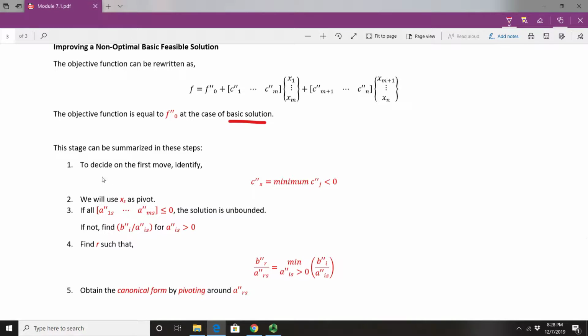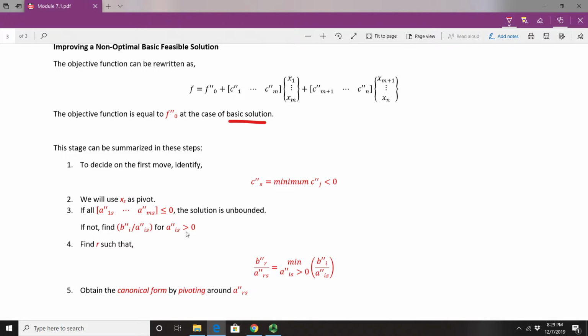So what I would do, to decide the first move, is identify the c double prime that is the minimum of all the c's, okay? And we will use the corresponding x as a pivot. And if all a double prime 1s through ms are greater than or equal to 0, the solution is unbounded. If not, I will find b double prime over a double prime for all a double prime that